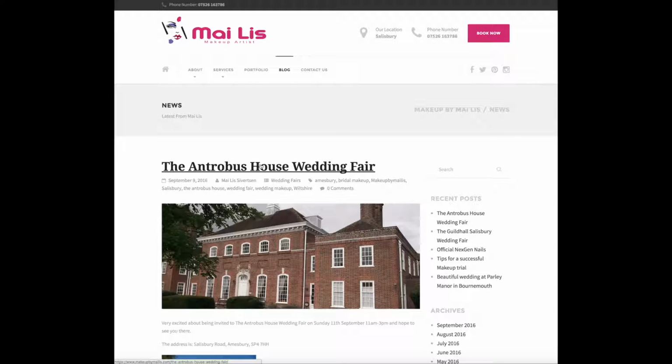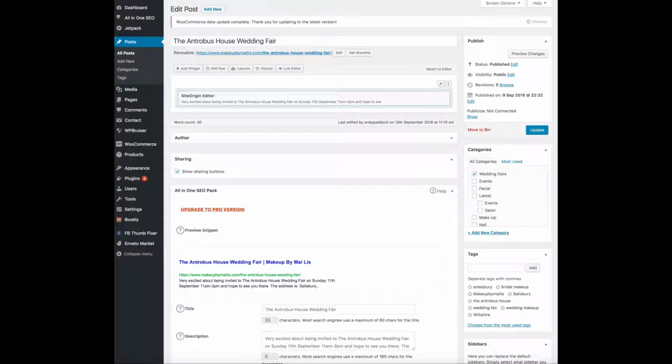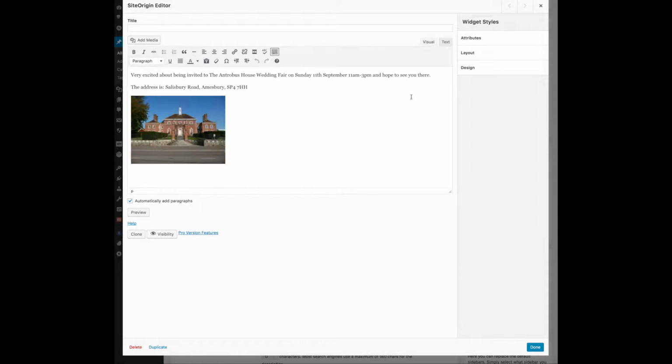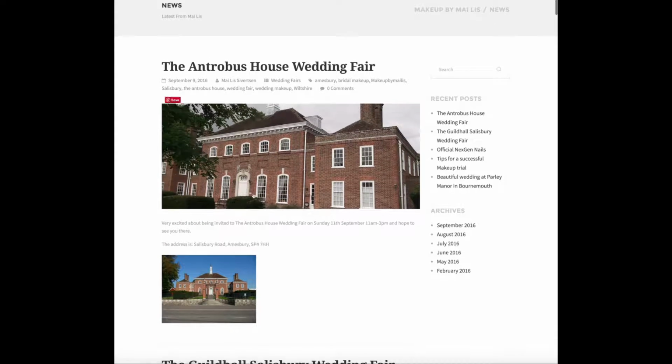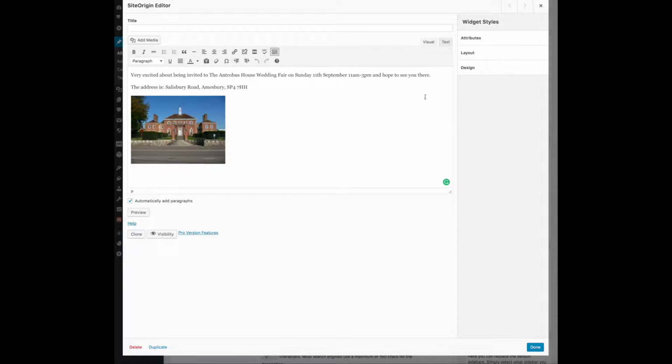So in this section here, I've got that page up here, and the content of it is in this bit here. And if I edit this, we'll go to what you would normally see for the editor. So this is, we're excited about being invited to, the address, then a picture. Now I'm probably going to get her to change this anyway because this doesn't look very good. But my main concern at the moment is that it shows the whole thing with this picture, and I want to get rid of that picture and maybe chop it after that bit there. So when you come into here, I put my cursor at the end of this first paragraph,